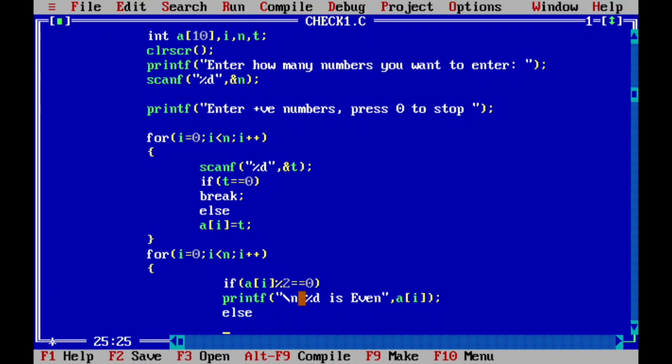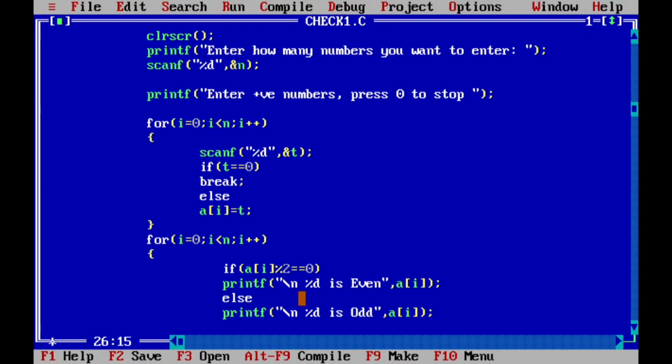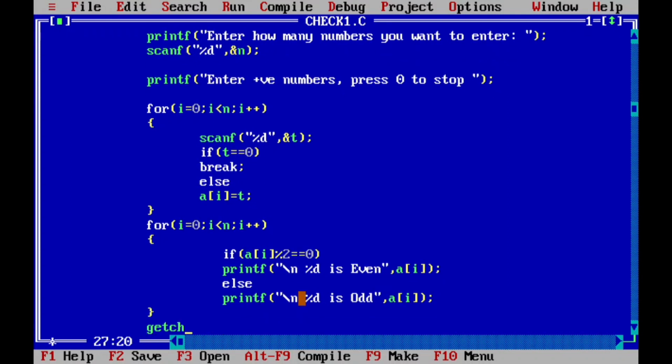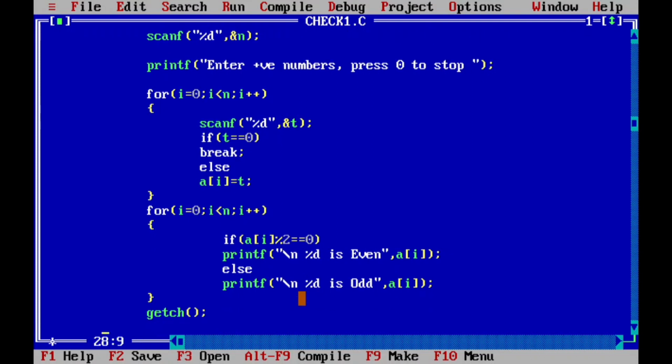Else printf slash n, %d is odd. Bracket close, then a of I only. Then here the for loop closing, getch, bracket closing.